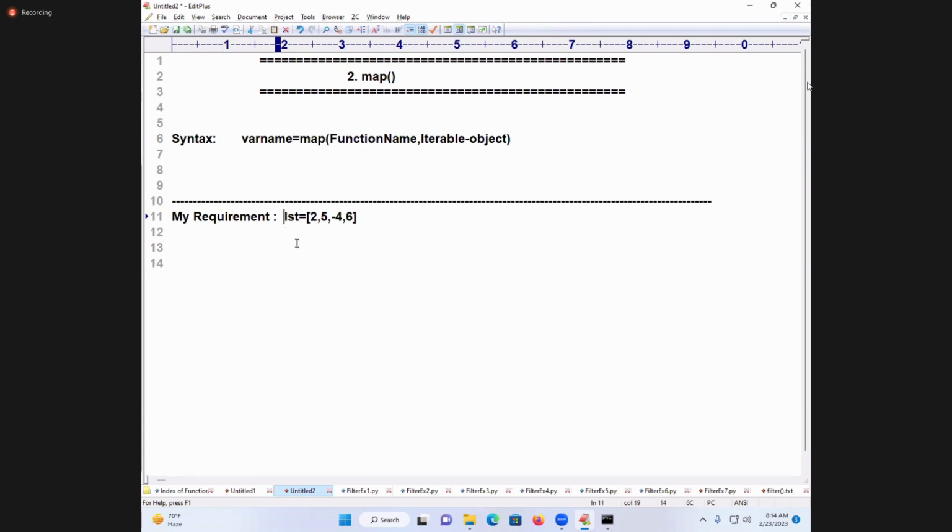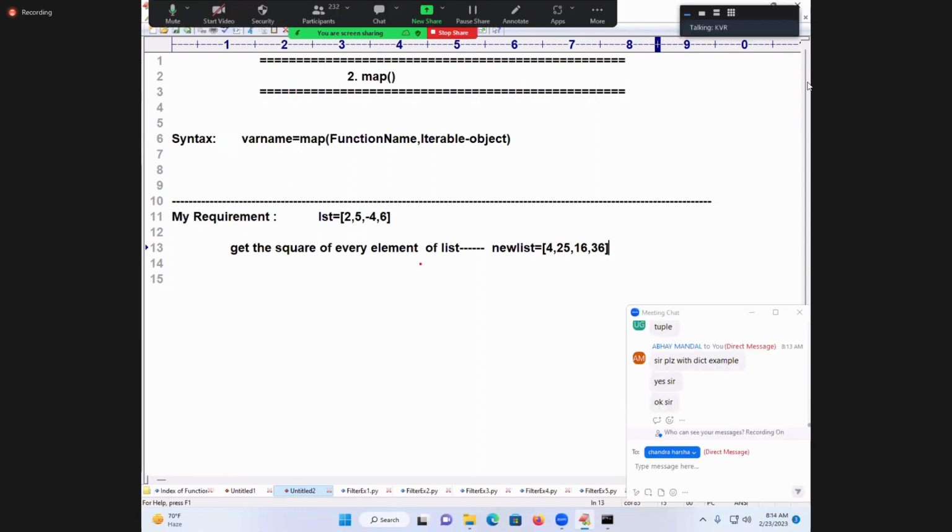My requirement today, this is LST. Now I am writing, get the square of every element of list. What I am expecting now? New list I am expecting as 4, 25, 16, 36. Am I correct? That means every element of old iterable object